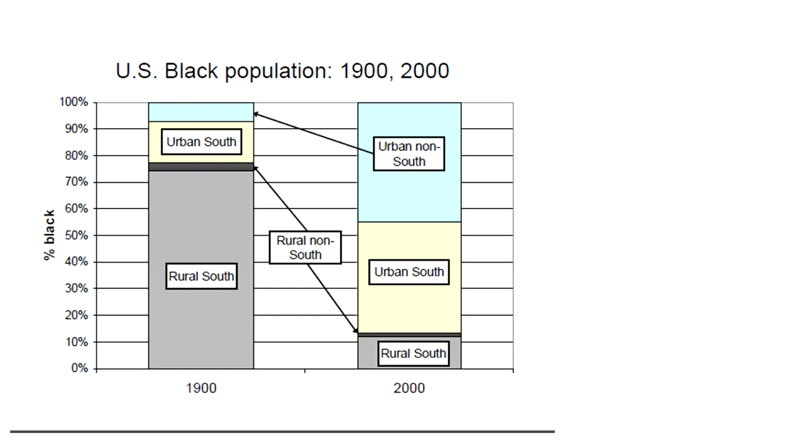The graphs on the slide here show the outcomes of the Great Migration on black geography. So again, in 1900, the majority of African Americans reside in the rural South. And then by the year 2000, the majority of African Americans are now an urban population, meaning they live in cities, both in the South, cities like Atlanta and Birmingham, but also spread across the United States.